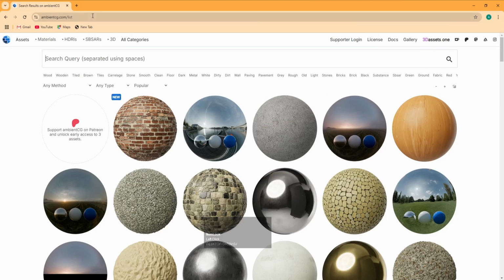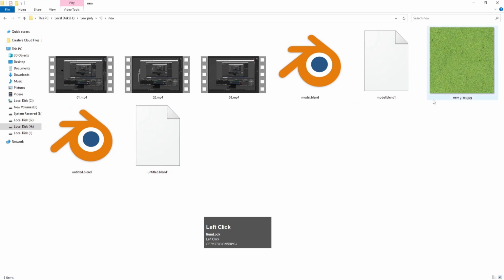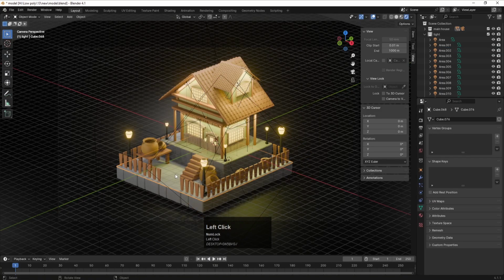Okay, so now I'll go to this website called CC0 Textures over here, and over here search for grass images. These are the textures out of which you can choose any texture you want. I chose this one image over here, and we are going to use this image to create the grass kind of structure. So for this one, let's select this one and make sure that there is no